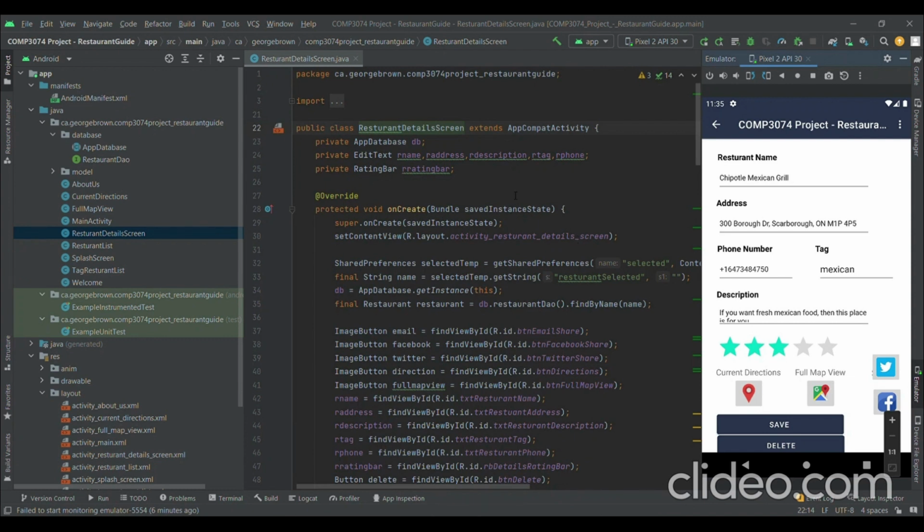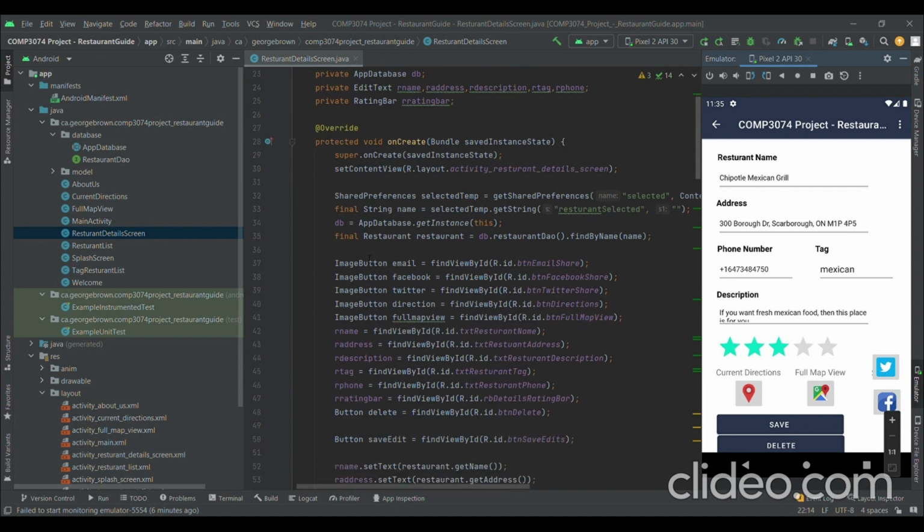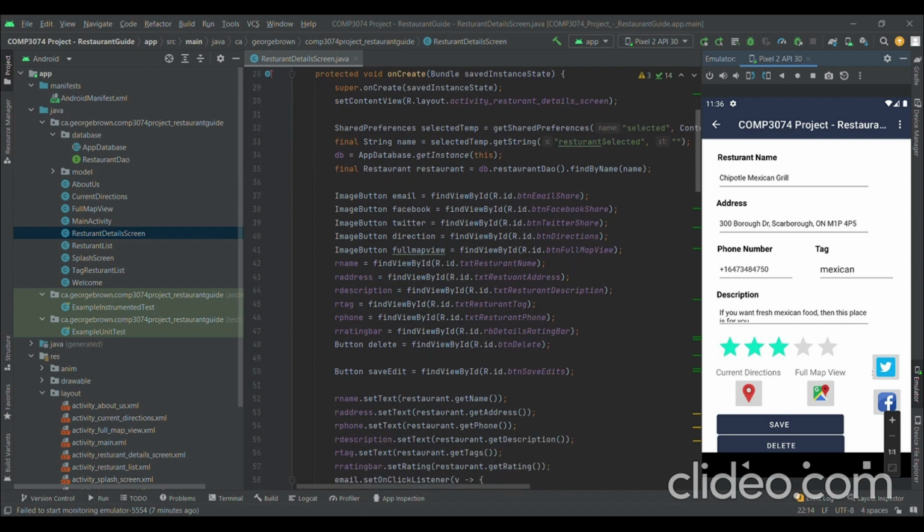So as you can see, we have to create the bundle. We have to create some images and the buttons for the email, Facebook, and Twitter, and also for direction and full map view, for these five things. So we can implement the image button from here, this v2, and as we move on,